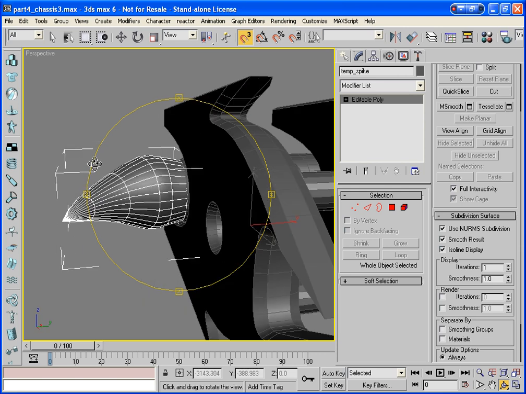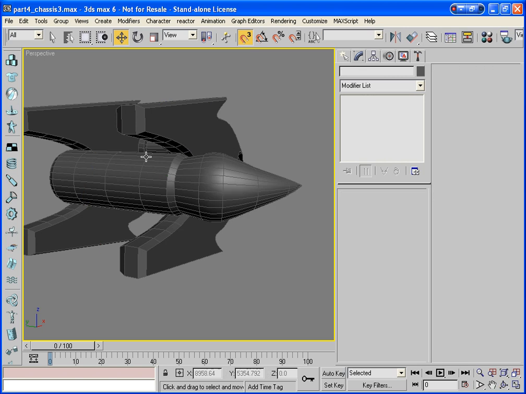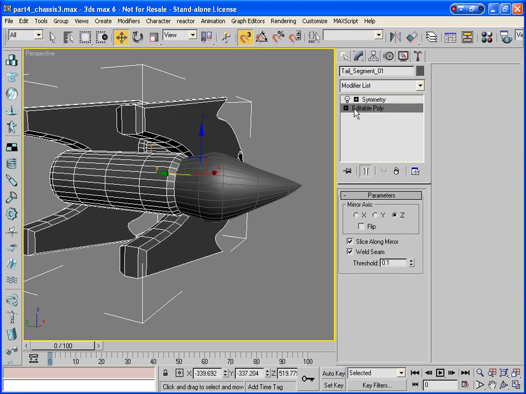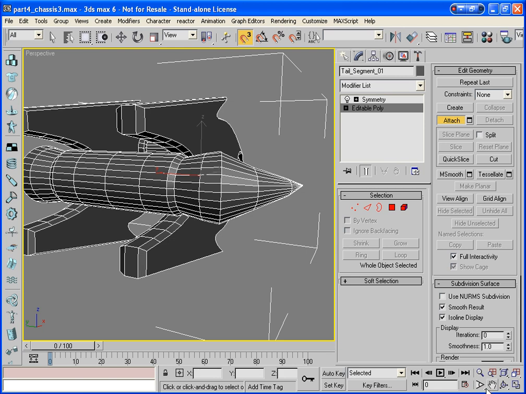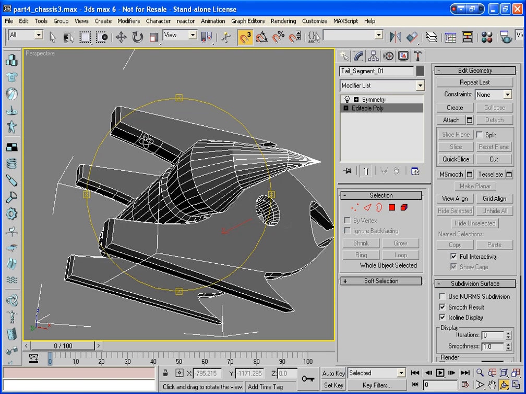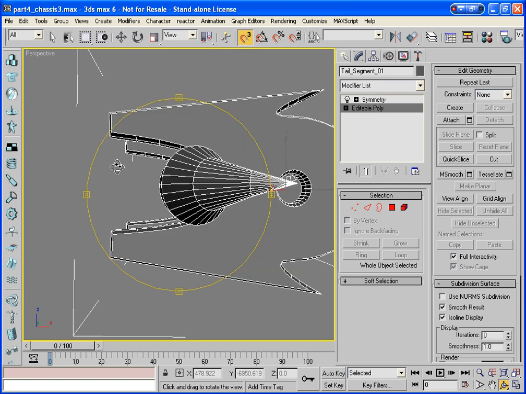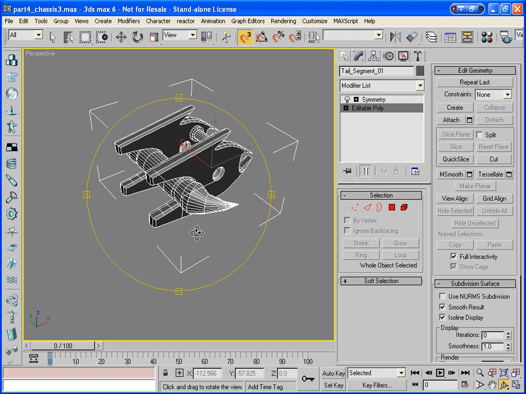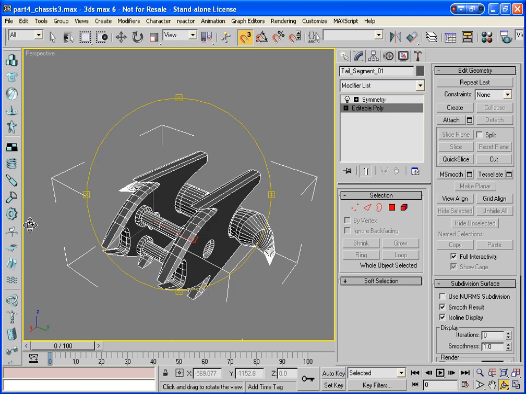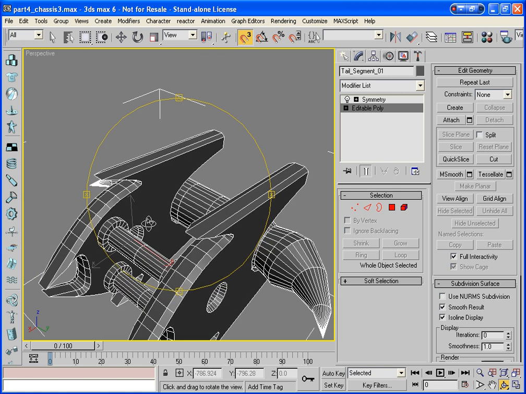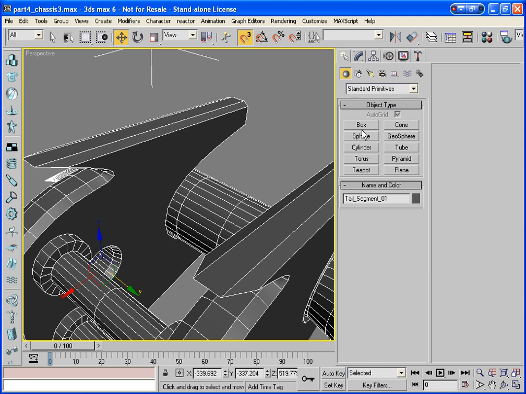Nice. Okay, so now what I'm going to do is I'll just select this piece here and I'll attach that part. Okay, come back a little bit. Yes, that looks quite nice. I like that. Okay, now slightly more attachments over here, so I'm going to create another box